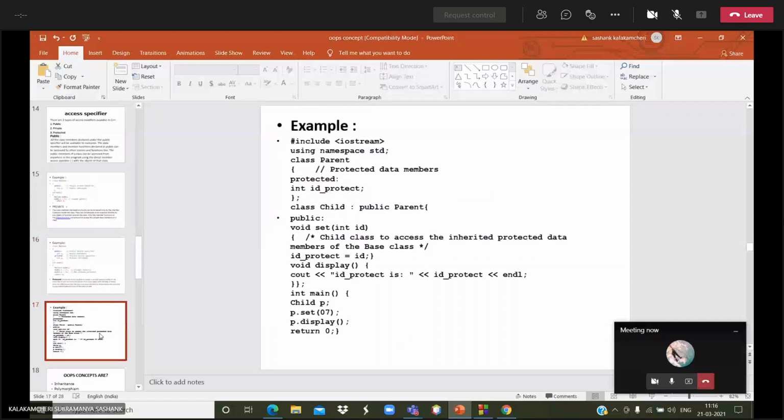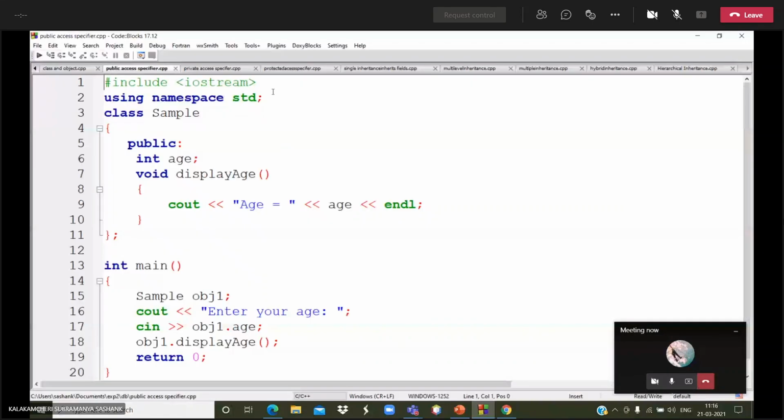Then I am going to int main. In the main function, I am declaring the age. I mean, from the user side, I am taking the age. With the help of the object, I am calling that method display age. Then I am returning the main. See what input and what output you can get. See, I am inputting 45. Then you can get the same value.